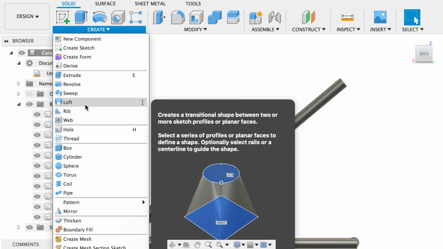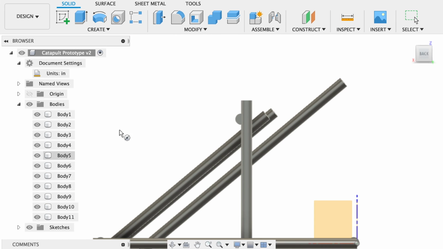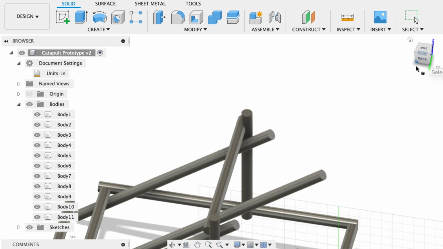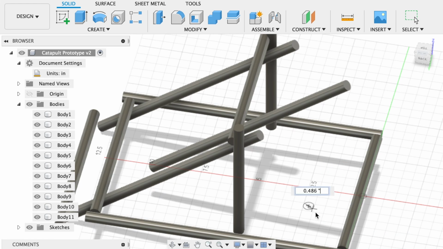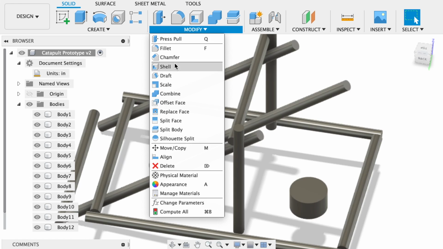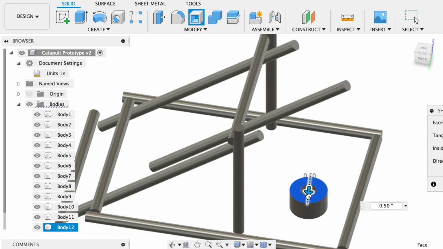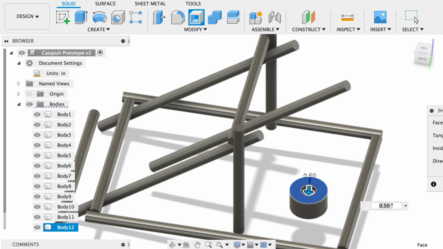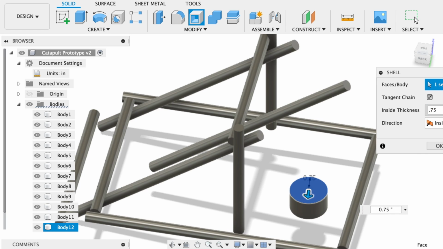And then lastly, I'm going to craft a really simple basket. I think on my original design I said that I was going to use some leaves or something to weave something out of just to hold the projectile. But what I'm going to do is create a cylinder and I am going to shell the cylinder. Hold on, I'm going to zoom in for a second here. So I'm going to shell this cylinder and then